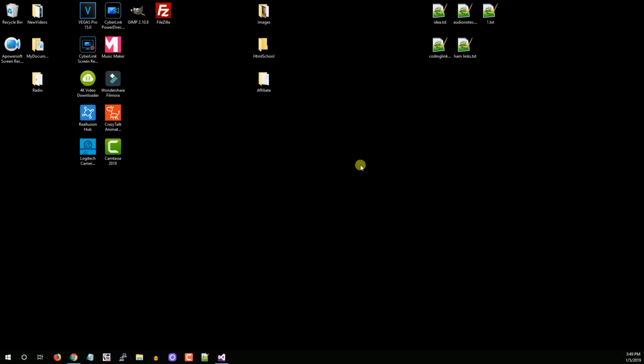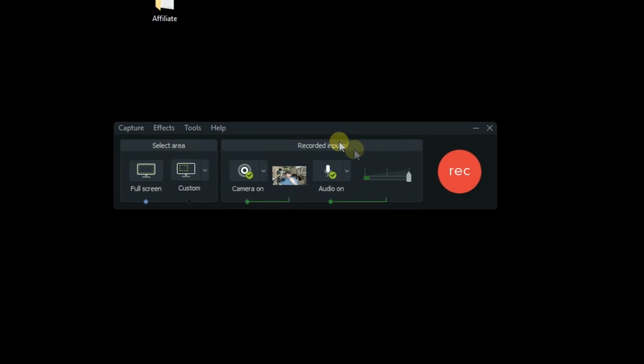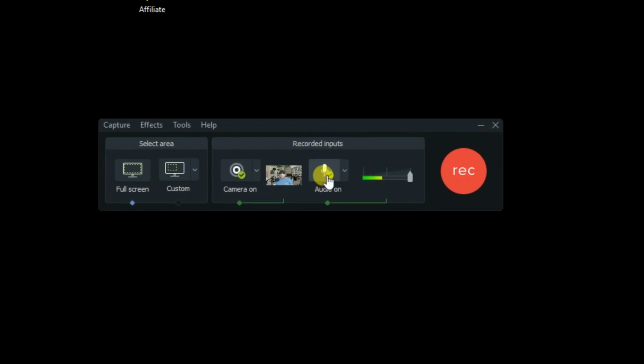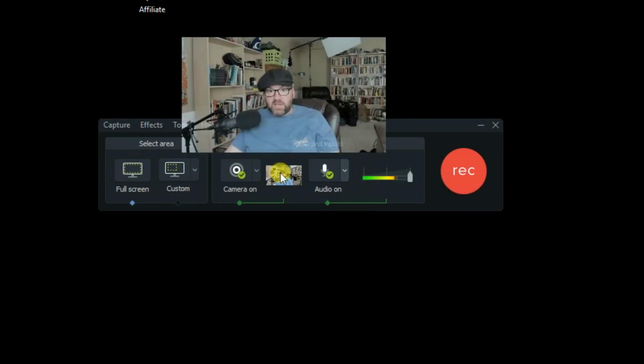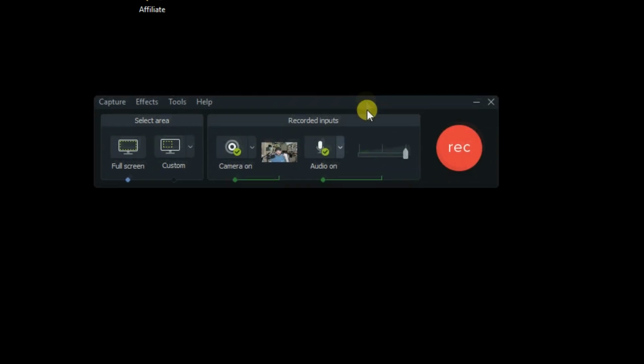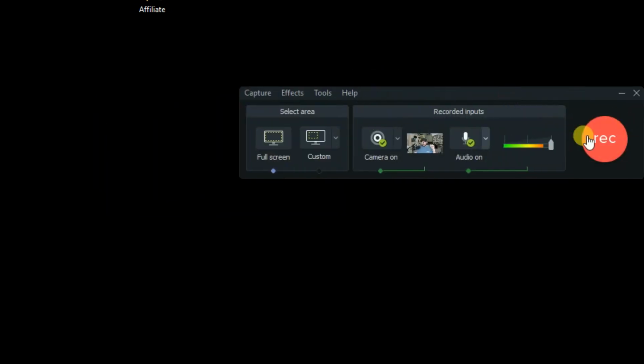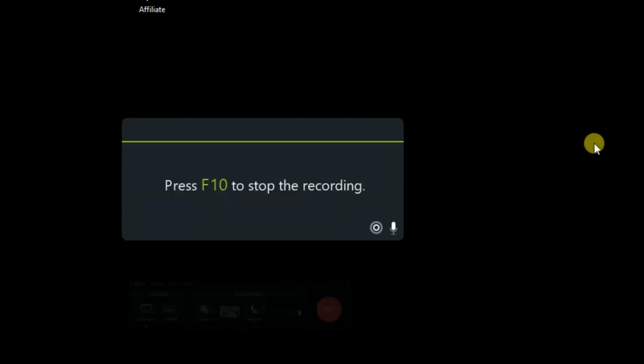Now, if you come down here to your shortcut, you can open up the recording window. And what you get are the basic settings. You can pick your microphone, which I already happen to have, and your camera, web camera. Hello. And you kind of get a view of what you're going to do. We haven't started recording yet, but this is kind of your setup. You get this out of the way, you hit record, it disappears, you get a countdown, and now it starts